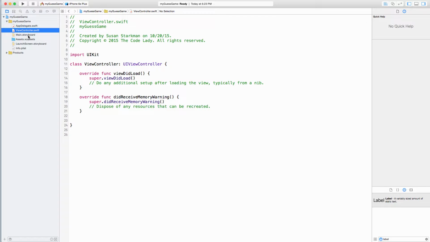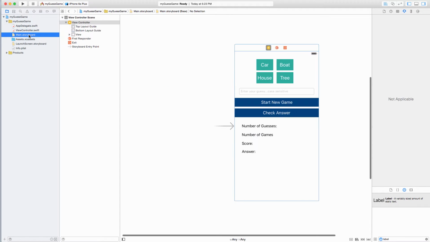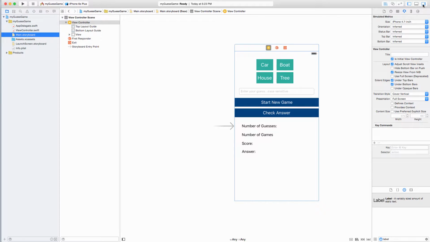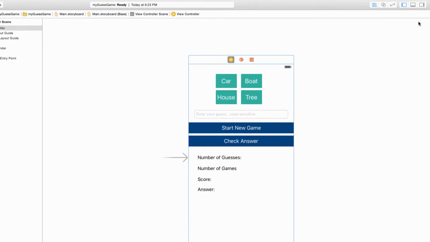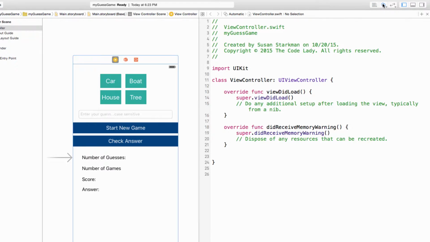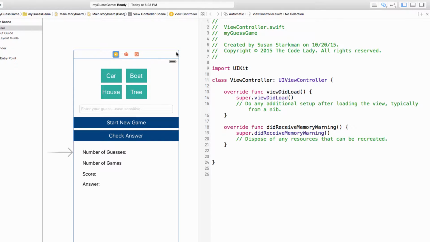Okay, so here's what we're going to do. I'm going to go back into main.storyboard. I'm going to close out the right-hand pane. I'm going to go over to this interlocking circle, which is the second from the left, which is our assistant editor. So we're going to click on that. And now we can see a side-by-side view. Here is our storyboard, and here is our viewcontroller.swift,